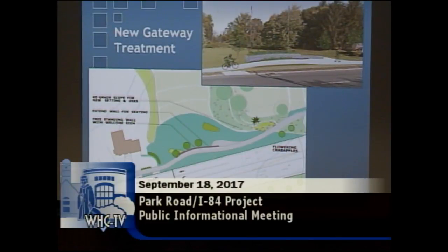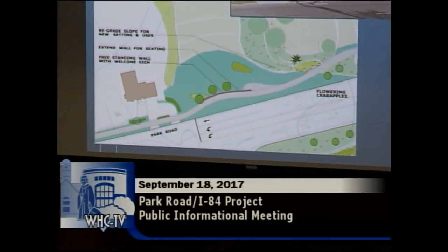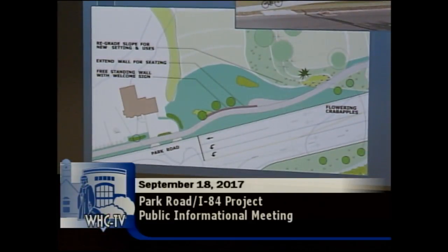This slide just shows a quick rendering of what the new gateway wall will look like. Obviously, the existing wall that's out there, as I mentioned, some of the landscaping and final touches, we're going to need to shift that, because obviously it's not going to make a lot of sense if the on-ramp changes locations. You're going to be looking at a wall that's 200 feet out of the way. So we're going to clean it up a little bit, make it more of a seat wall, and hopefully maybe